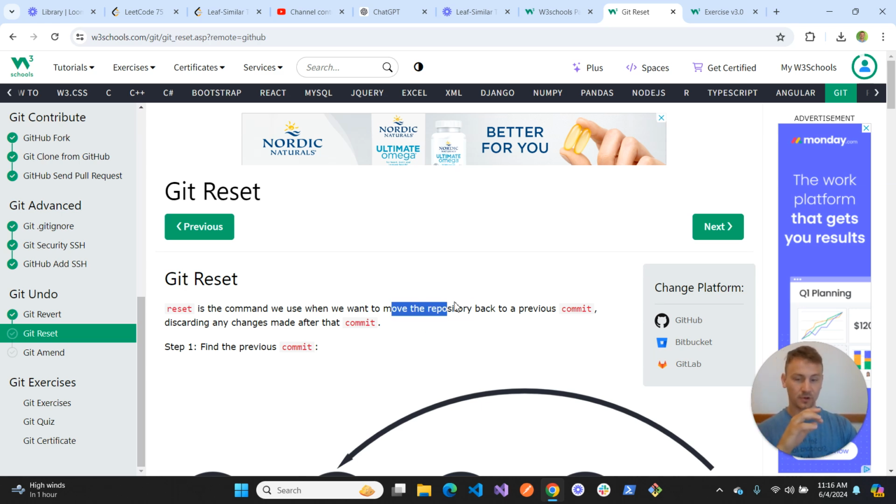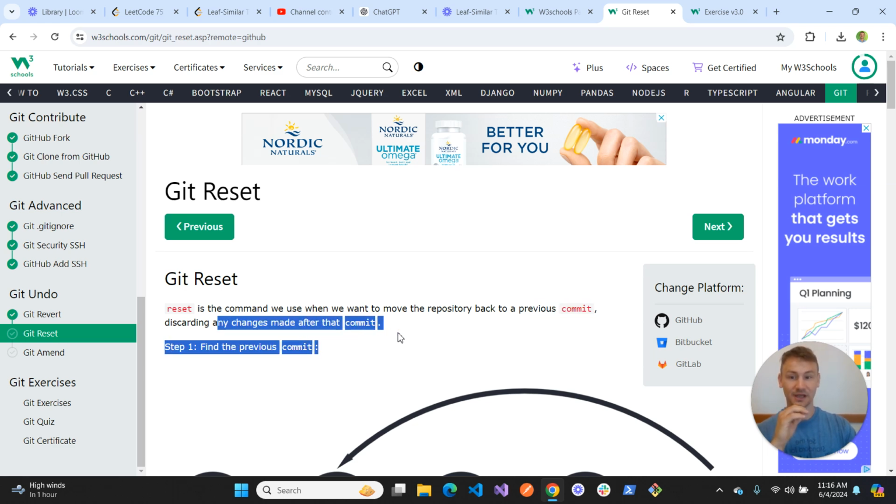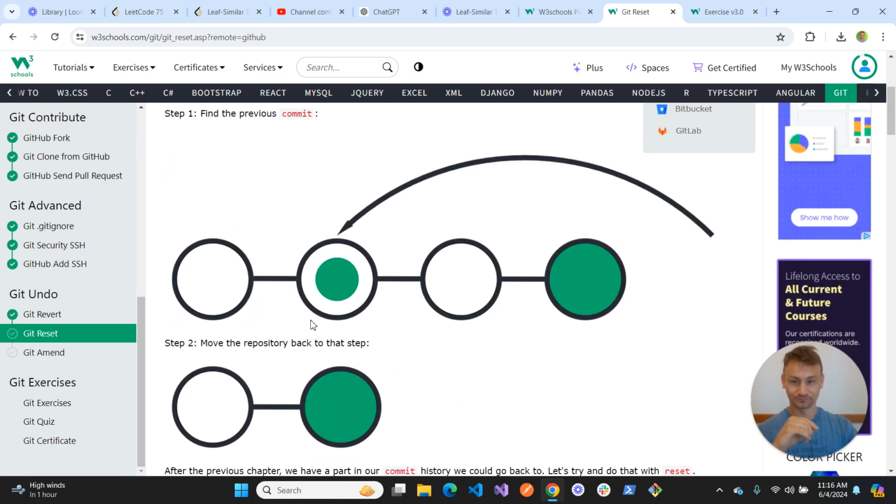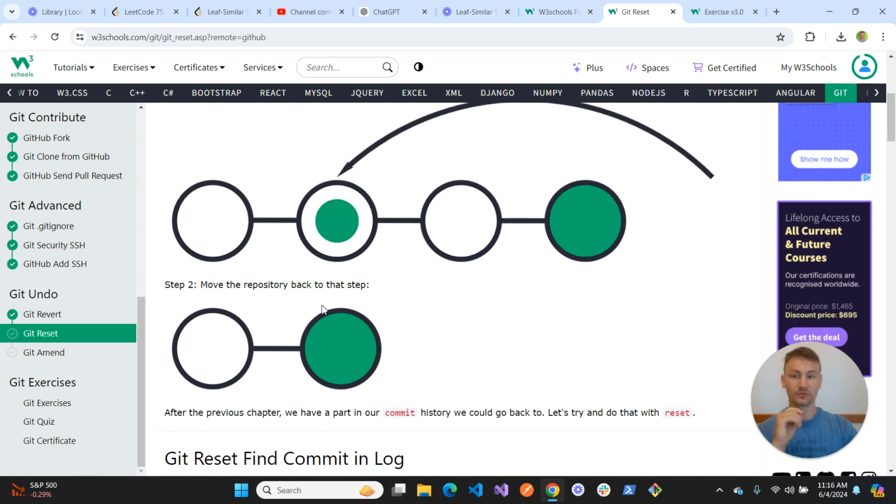It's the command we use when we want to move the repository back to a previous commit, discarding any changes made after that commit. That could be tricky. I bet it tells us that we should really know and understand what we're doing in order to implement this change. All right, find the previous commit. So we have commit 1, commit 2, commit 3, and then here is our latest commit, and we go back to commit 2, moving the repository